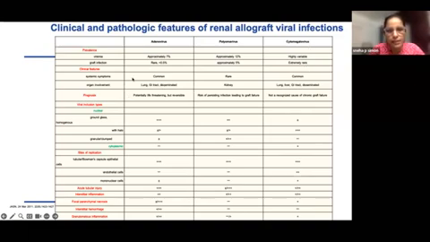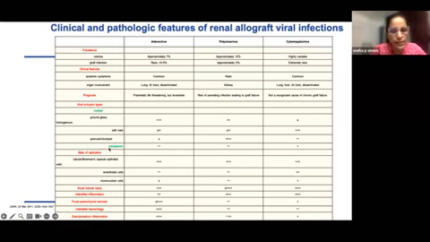Clinical features: systemic symptoms are rare with polyoma, but commonly seen with adeno and cytomegalo. Organ involvement is confined to the kidney with polyoma, and there is other organ involvement with adenovirus and CMV. Prognosis: adenovirus can be life-threatening, but usually has an acute interstitial nephritis picture, and scarring will be less, and it can be reversible. But polyoma goes into graft failure and usually a chronic picture. And graft involvement and chronic graft failure is not that recognized a cause in CMV.